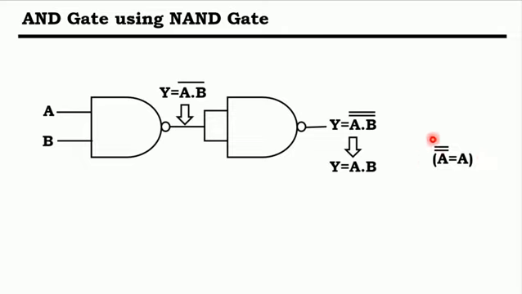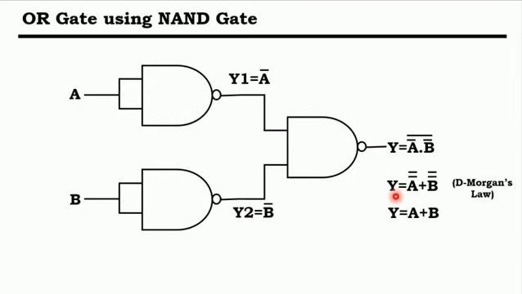This formula is basically Boolean algebra logic. So mind it well, that will help you in learning Boolean algebra. After that, we are going to analyze the OR gate using the NAND gate. Here we can see that a single input is provided to both the terminals of a NAND gate, and the outputs of both the NAND gates are provided to a third NAND gate, which gives some kind of Boolean equation.